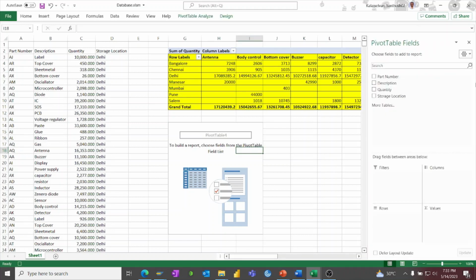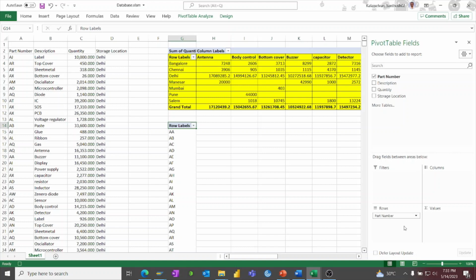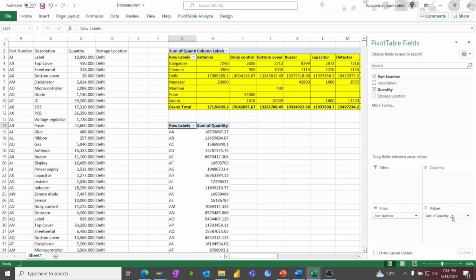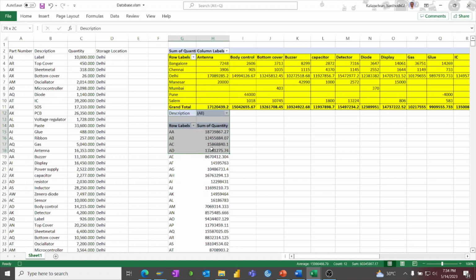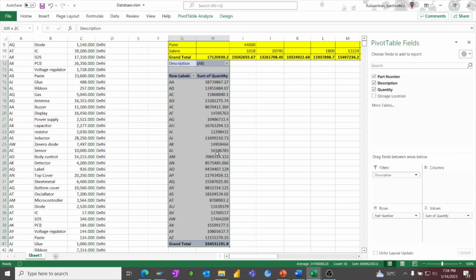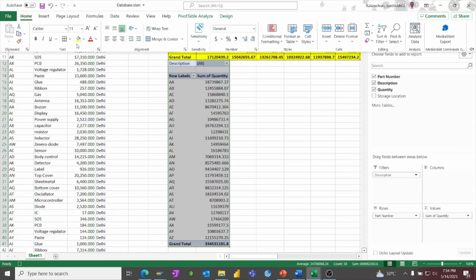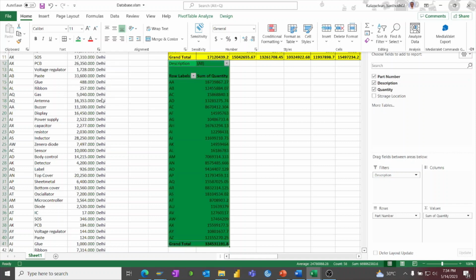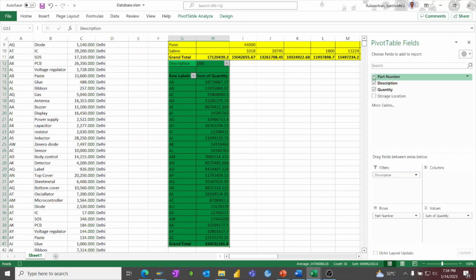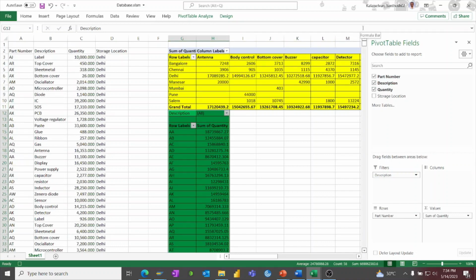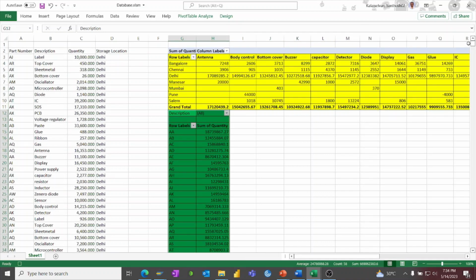So in this pivot table, I want to go by part numbers. What is the part number and what are the quantities? Okay, I am putting it for the quantities. And what is the description on the filter? So this option I am going to highlight in green color. And I'm enabling the borders. Okay, so now once this is done, so I can see that